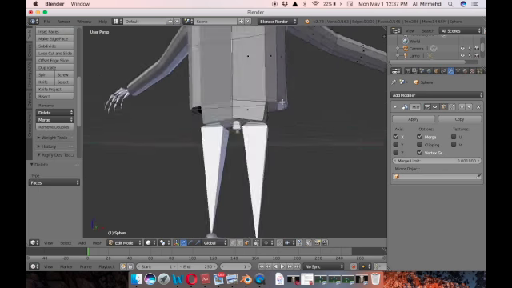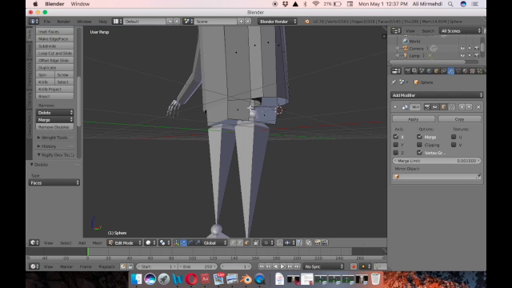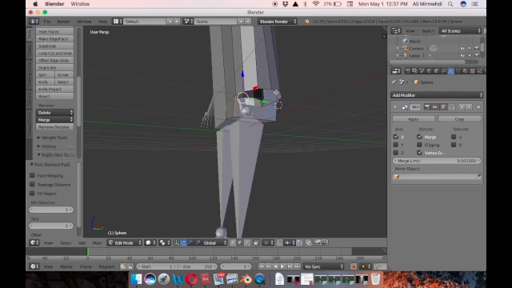Okay, now I would select these lines, these edges, control, and this one, not that one,